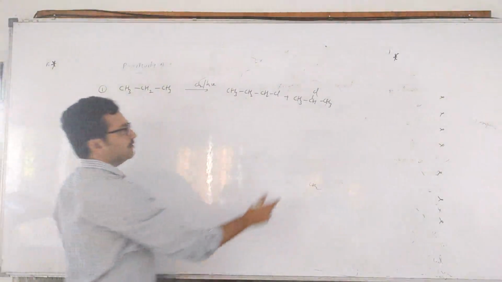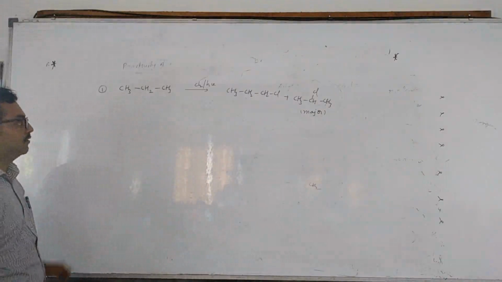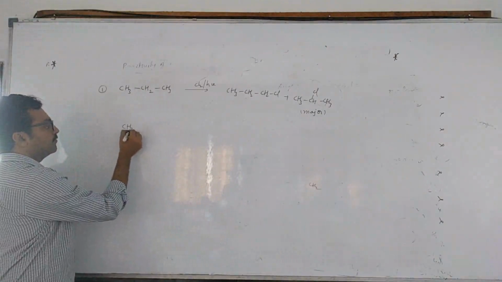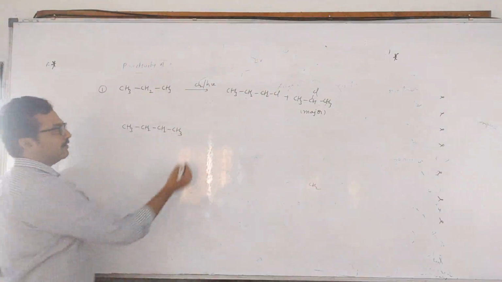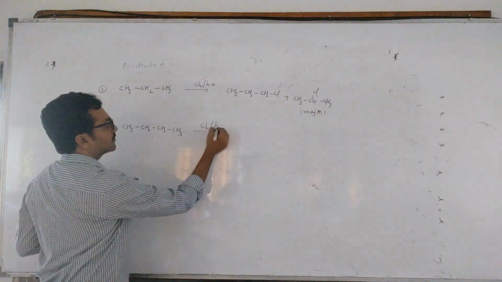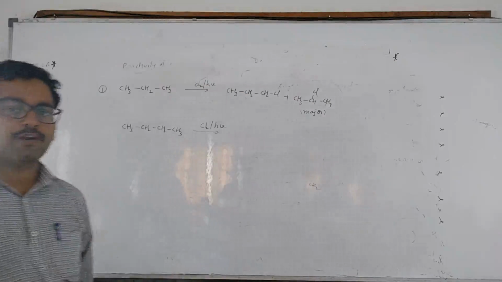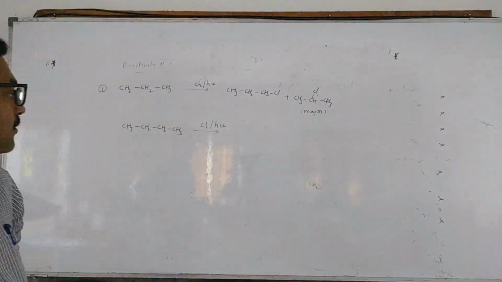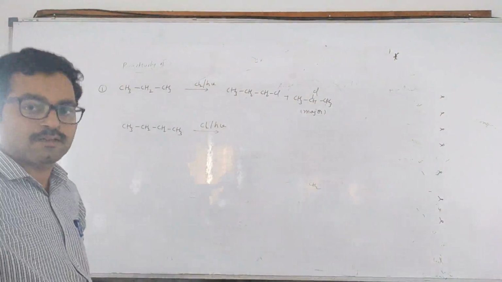In this, what is major? This one is major. Why? Because the 2-degree radical is more stable. That's all. Now, if I give butane, then how many products are formed? Butane on chlorination forms how many products? Tell, children. Try the exercise. How many products are formed when butane undergoes chlorination? 2. Correct. But with